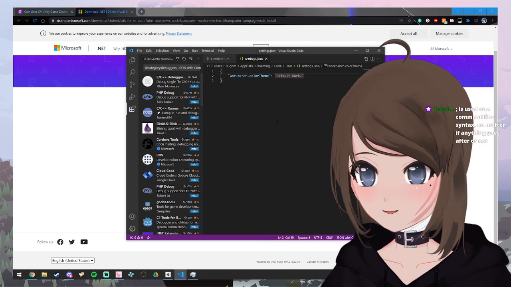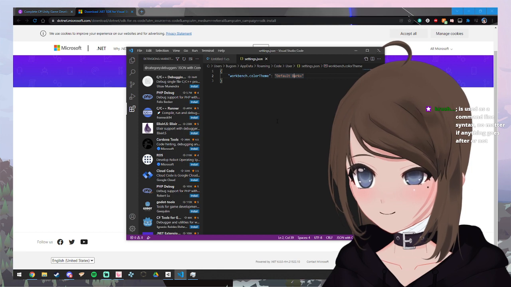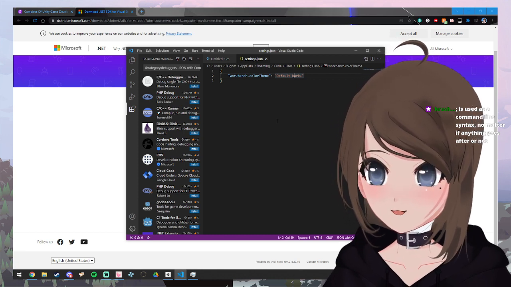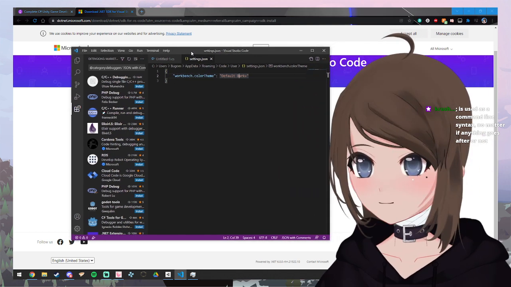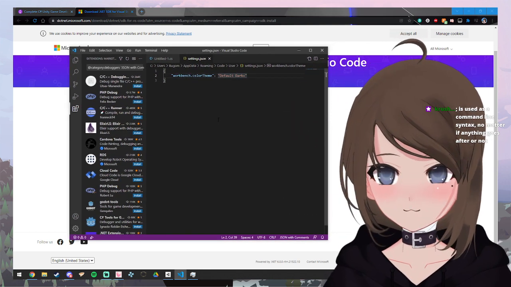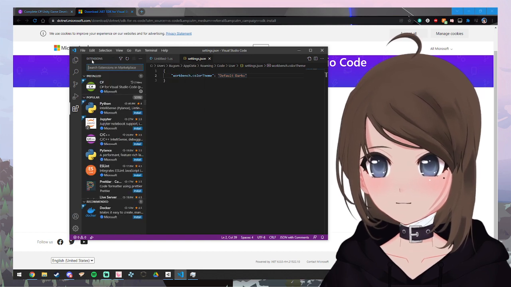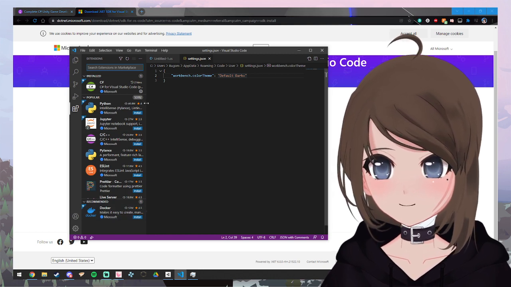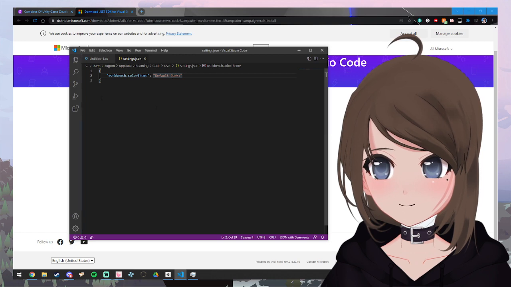No. Semicolons used as command line syntax, no matter if anything goes after or not. Okay, but what do I do? Why is this window here? Just go away. No. Go away. There we go.